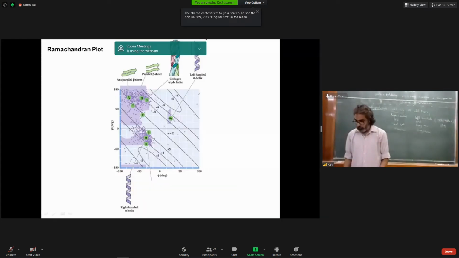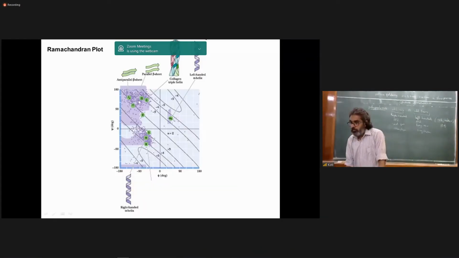Okay, so do you share screen again? Yeah. Okay, so you see 2 here. Okay, so that Roman number 2. No, this is a parallel beta sheet. This is anti-parallel beta sheet. This is polyproline 2 helix. Okay. So if you see phi psi of 3-10 helix, somewhere here, and then PP1 is also very similar here. Okay, so PP2 is actually most elongated. Okay, so this is an important point.